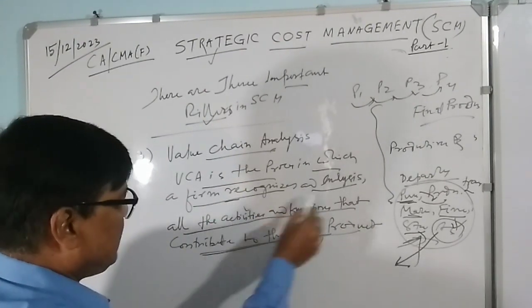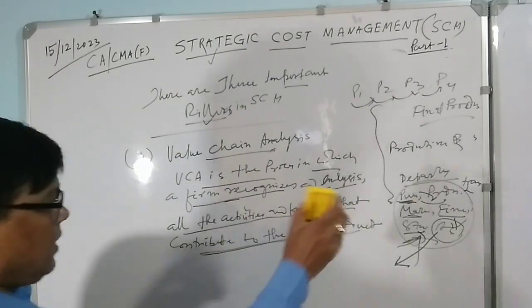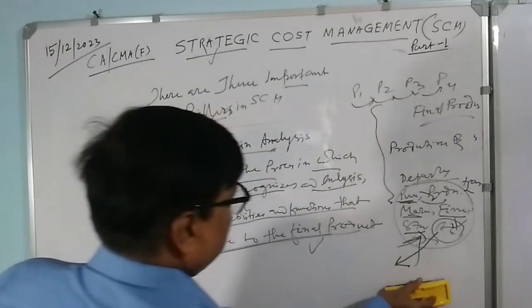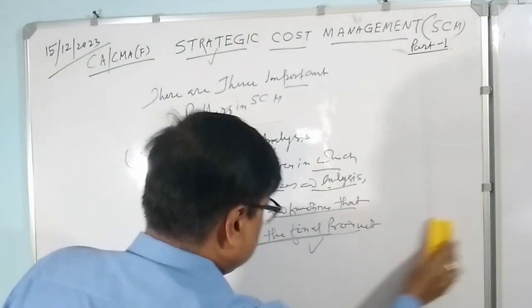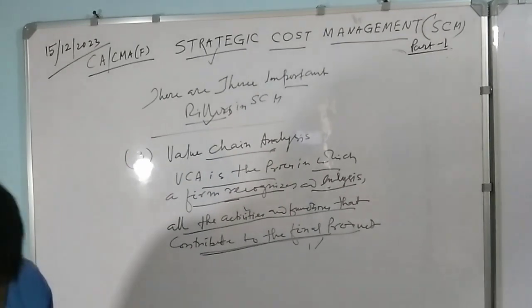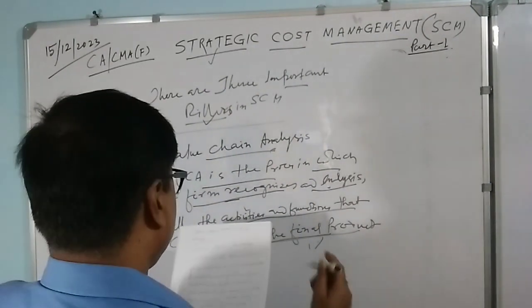You have to recognize and analyze the activities. That's why we are taking that thing. Which department, what they are doing, how they are going, or what standard they are following or not, that you have to know. Then finally, we have to see that